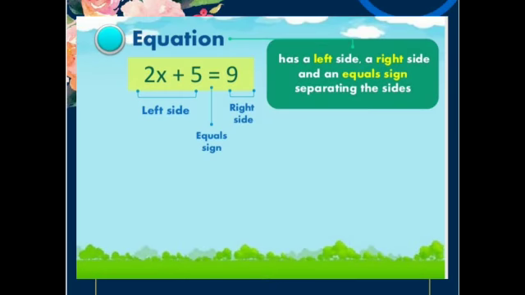So what is an equation? First let us learn about an equation. What is an equation children? For example, here you can see they have given one equation, 2x plus 5 is equal to 9. So here on the left side you are having 2x plus 5 and on the right side you are having 9, and in the middle you are having the equal to sign. So an equation will be in this form. This is called an equation. One equal sign will be there, with a right side and a left side, and the equal sign separates both the sides.